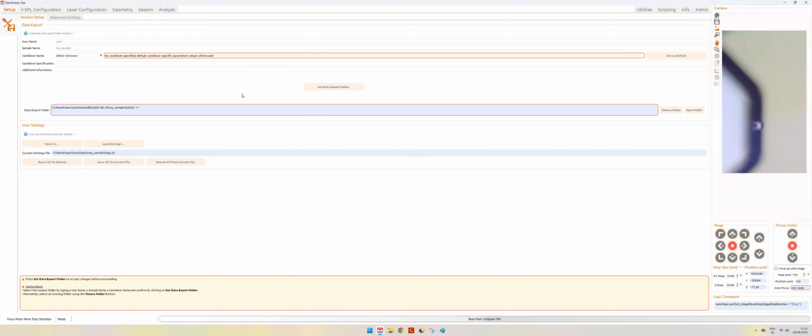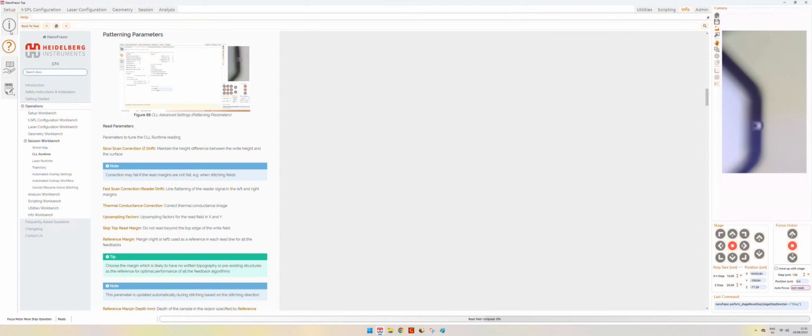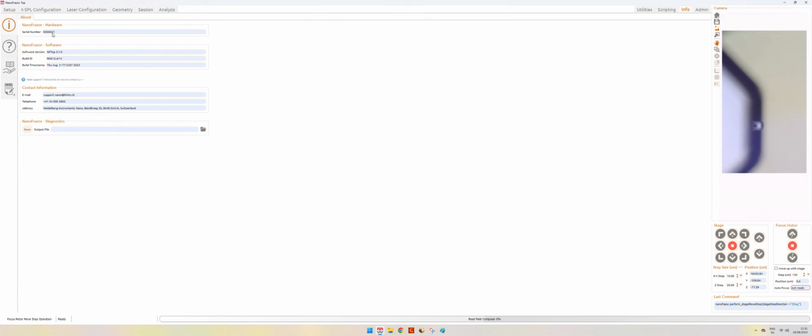One last thing that we should mention before diving into the NanoFraser software and its applications is the information tab. In the information tab, you can see the serial number of your machine, the software version, and when this software version was released.